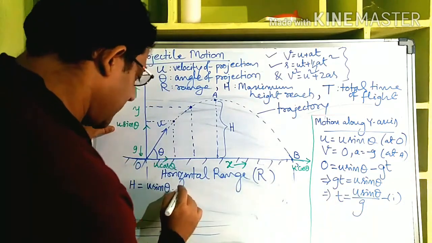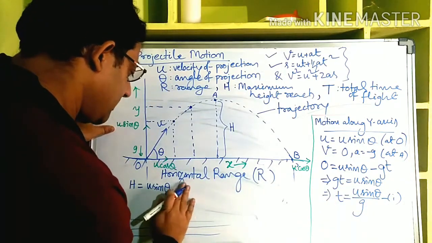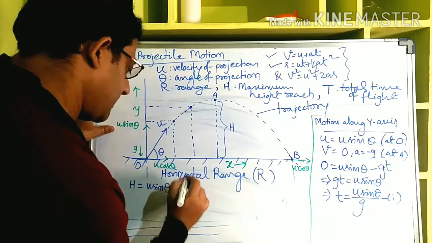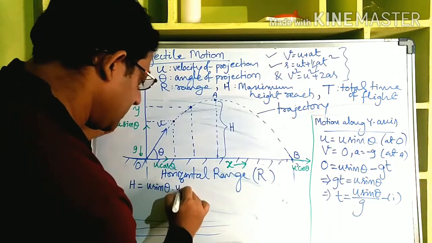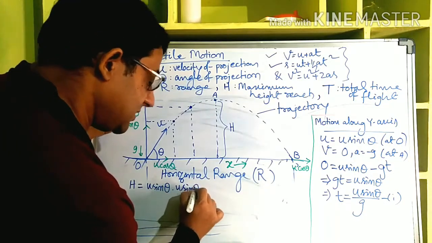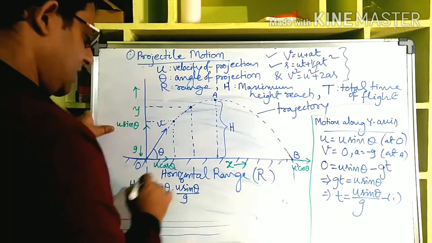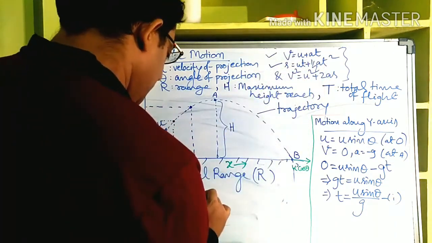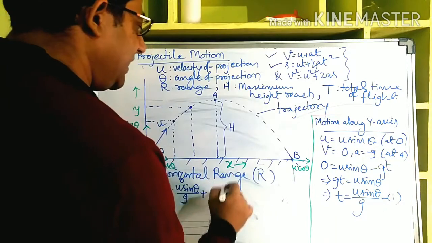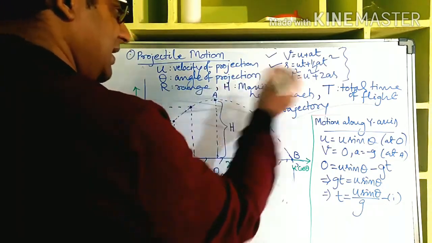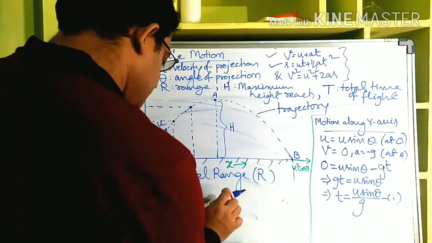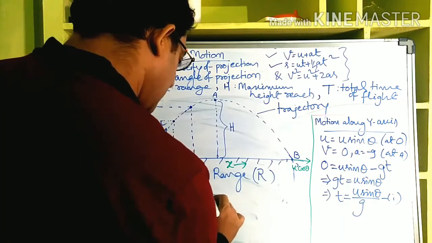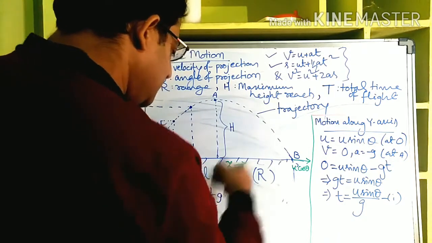So from equation 1, t is u sin theta by g. h is equal to ut plus half at square. Now again a is minus g, so minus half g t square,